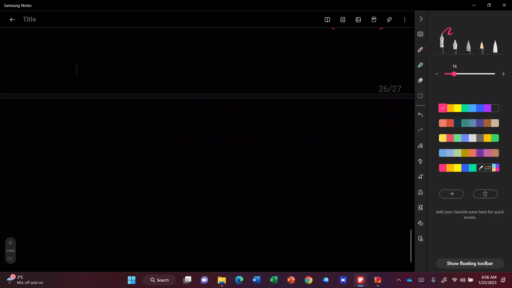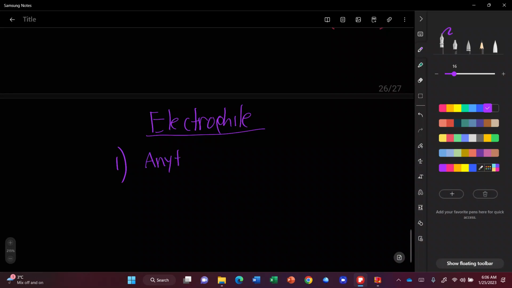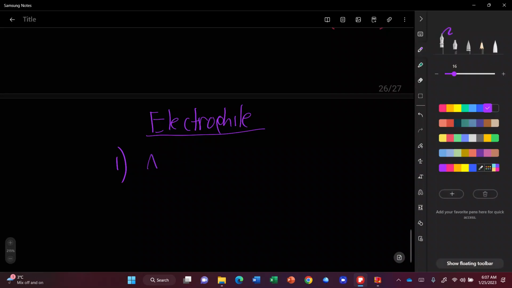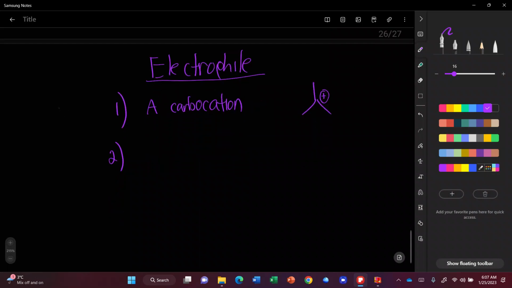Okay, so last but certainly not least, we can talk about electrophiles. How in the world do you identify what an electrophile is? It's very, very easy. Actually, I'm going to do a different one first. Step 1 of an electrophile is a carbocation. That's pretty easy. Obviously, a carbocation is going to want electrons because it is electron deficient. The second version of an electrophile is anything